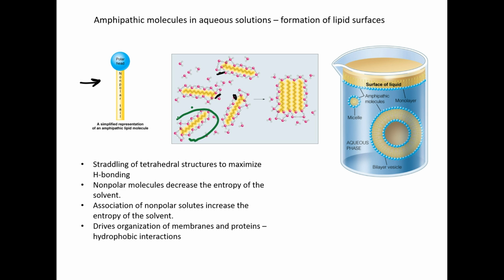wrapping around the lipid. And if the lipids stay separate from one another, like here, where we have 1, 2, 3, 4 lipids in solution, more of the water molecules are occupied in clathrates. And this is a significant reduction in the entropy of the system, and that is not favorable. So what happens is, to reduce that lack of favorability thermodynamically, the lipids spontaneously will associate with one another,